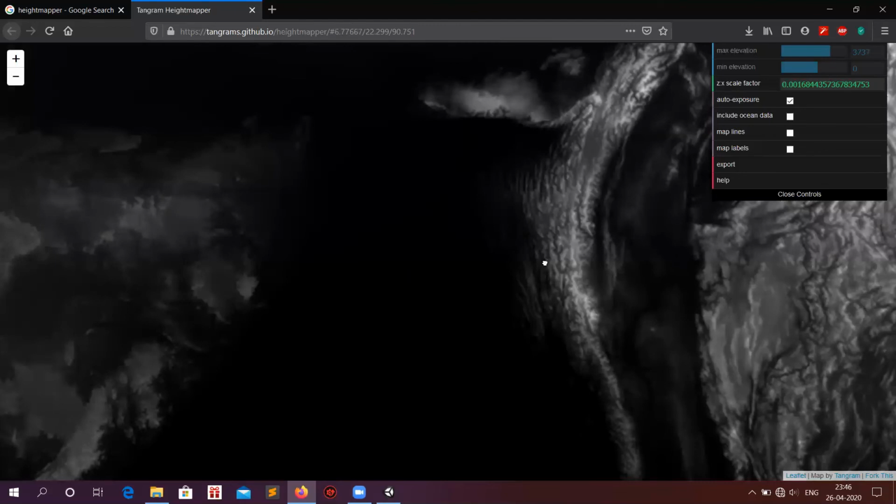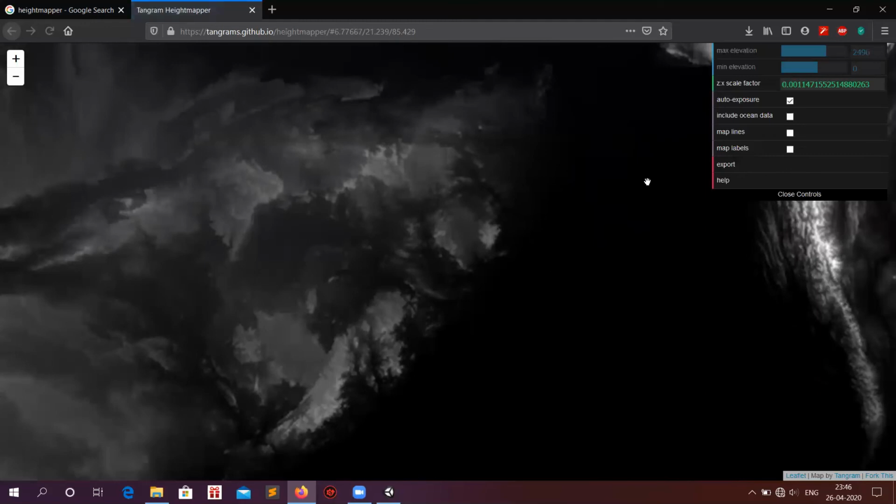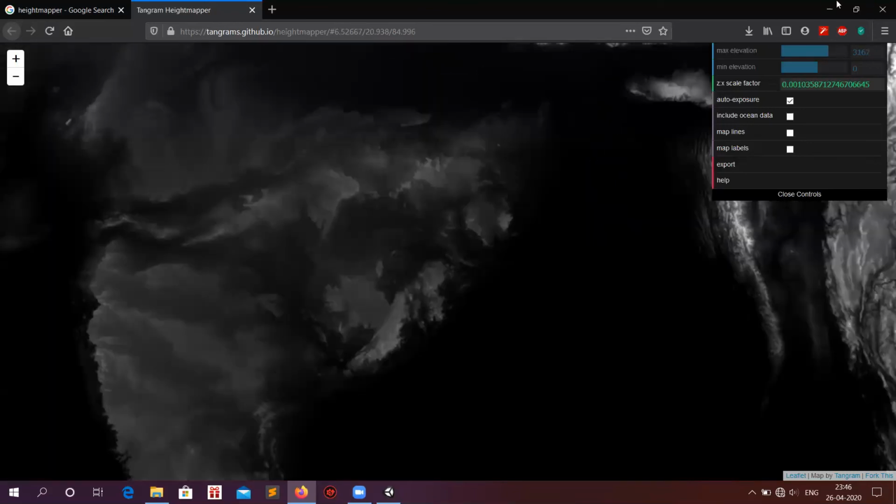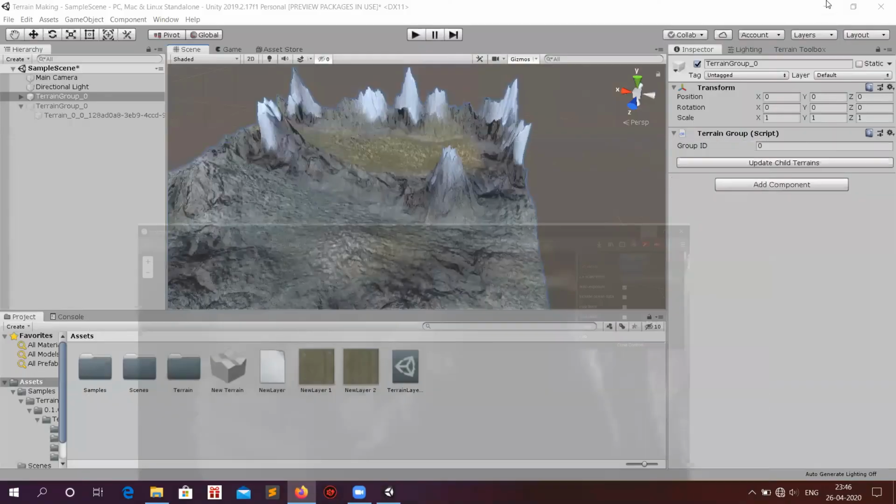So after selecting the area that you find is good for your needs, you click on export over here, and with this export you can see the image will start downloading. Save the file whichever area you think is good for your needs. Here we have already downloaded an image.